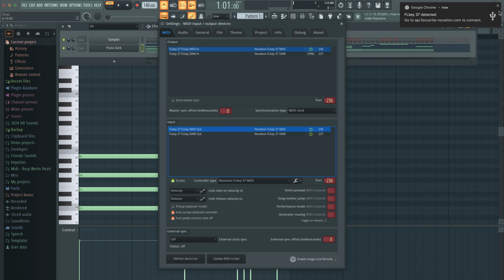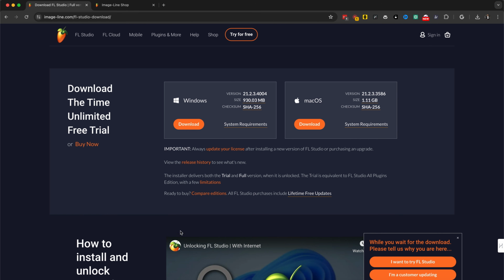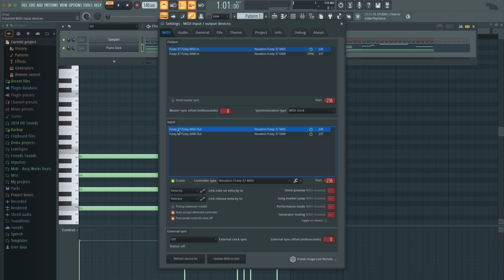Okay. So what I have is a Novation FL Key 37. If you guys are looking for recommendations, the FL Key 37 is my best MIDI controller I've had, period. I've had a lot of them, and this is the best one I've had so far. If you want weighted keys and you're like a real piano player, I would recommend the Arturia Keylab MK2. It has 88 keys, it's weighted, and it's a nice feel. It feels like a real piano. It depends on which style, but if you're a producer just getting straight to it, FL Key 37 all day long.